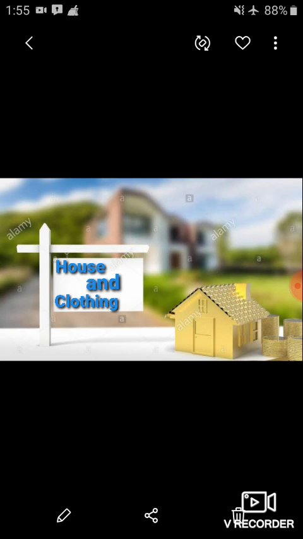So students, in this chapter you learn about the different materials that are used to make houses and the types of roofs, that is flat roofs and sloping roofs, and the different types of houses that people make according to climate. And at last we discussed the topic clothes we wear. So students, now let's come to the exercises of this chapter.